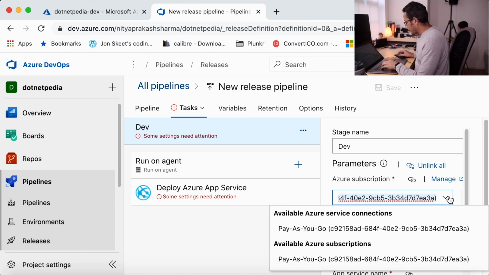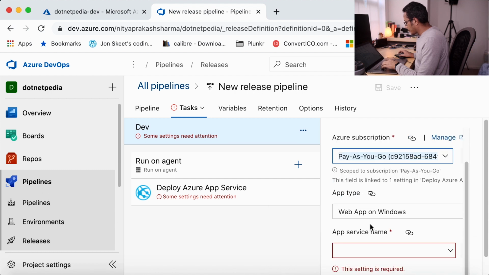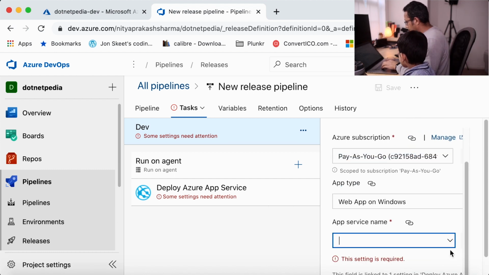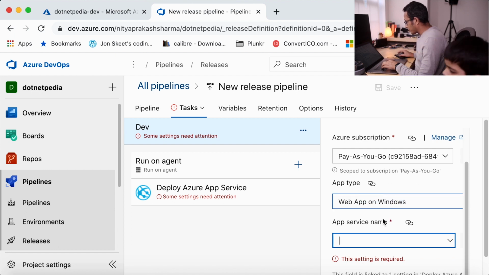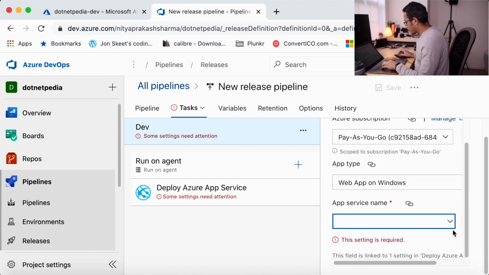So we are going to select here my service connection. It will give me the list of all services we have here. So we have this PDF DAV, so I'm selecting this one, and app service.